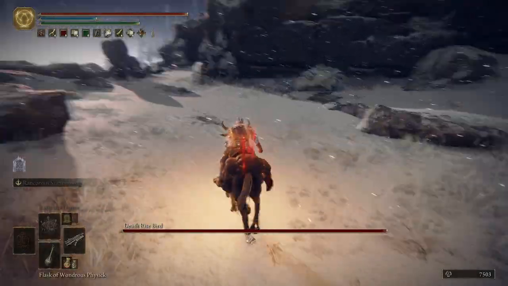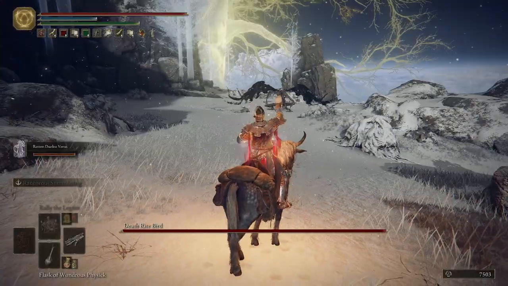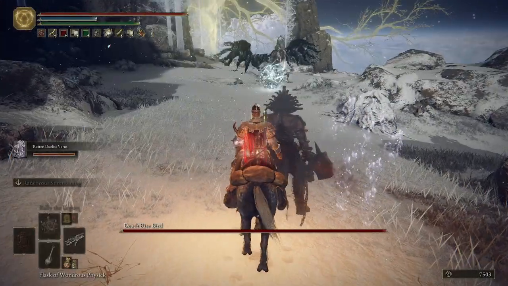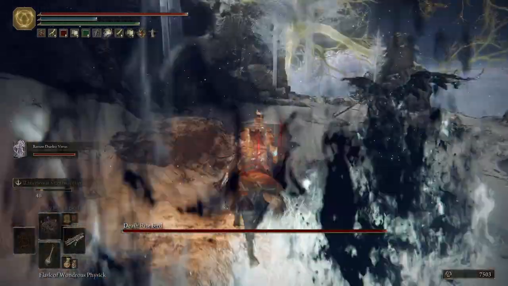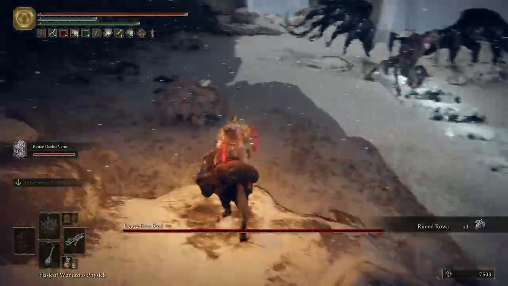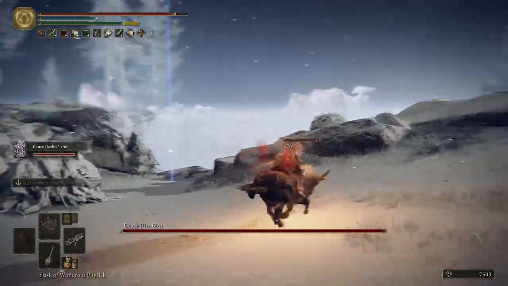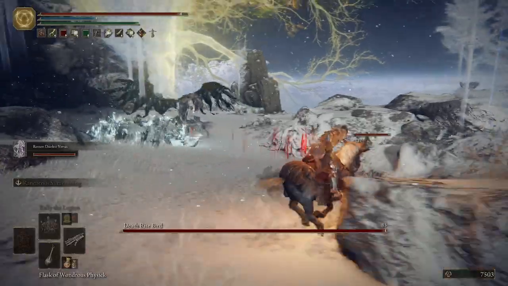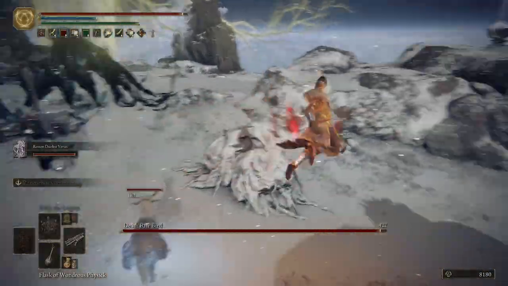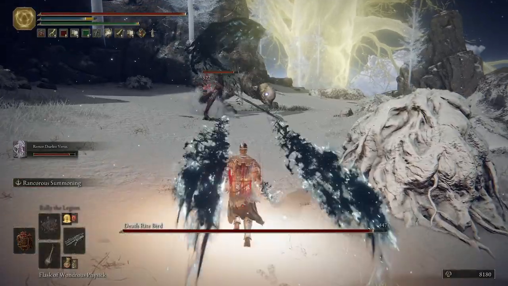All right, so here comes the death bird. And I lost my summon. So let's get him back. Oof. He's doing ghost flame stuff. All right, let's wait for our boy to get in on him and draw aggro for a second. And then, once again, I'm gonna...